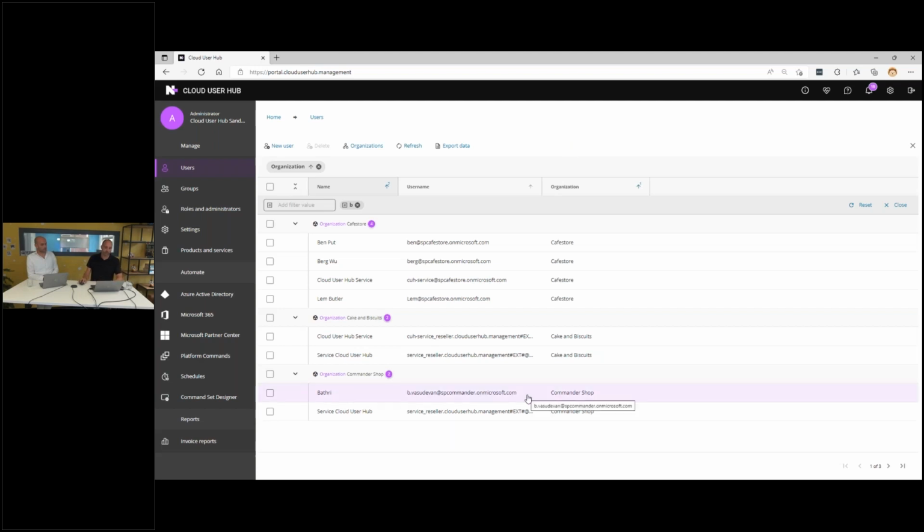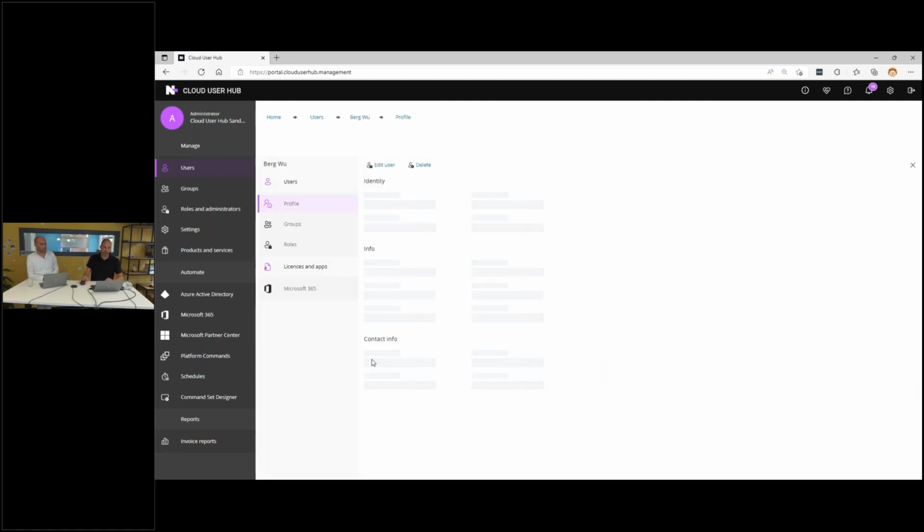And you can easily step into a customer to make adjustments. So now I'm at the customer level Cafe Store, and you can see that we read back the data. What's important to note, and that's also a difference to many other systems, is that we read back live from Microsoft. All the information you see on screen is coming directly from Graph. So that means if multiple people work at the same customer, you would see the data being populated in real time on your screen. That's an important aspect. So there is no syncing or delayed execution of this type of data. It's all coming in live.